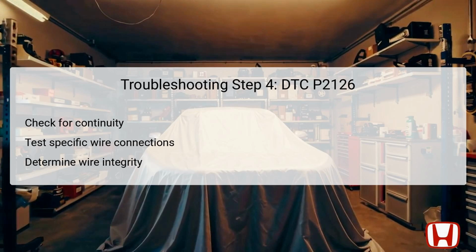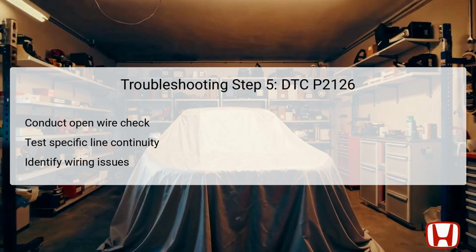If continuity is confirmed, this means the VCC5 wire is intact, allowing for proper signal transmission from the APP sensor to the PCM. If there is no continuity, it indicates an open circuit in the VCC5 wire, requiring immediate attention to repair the break or fault. This step is crucial in ensuring that electrical signals are being transmitted properly for the engine management system to function